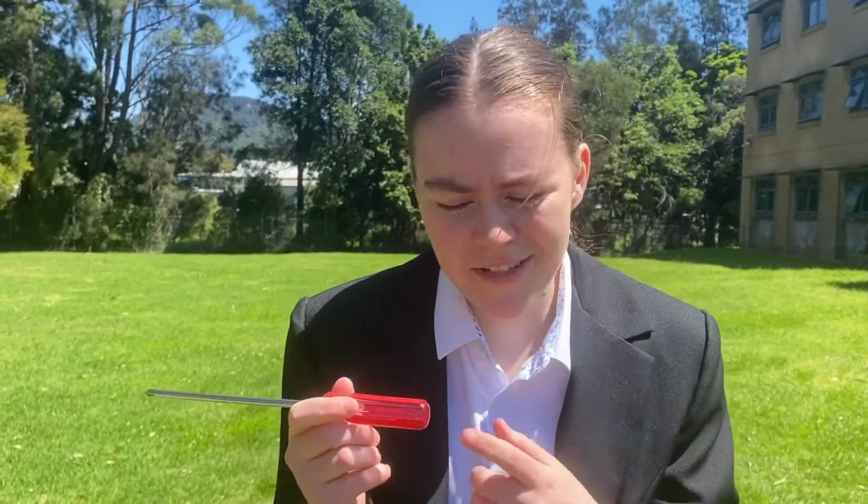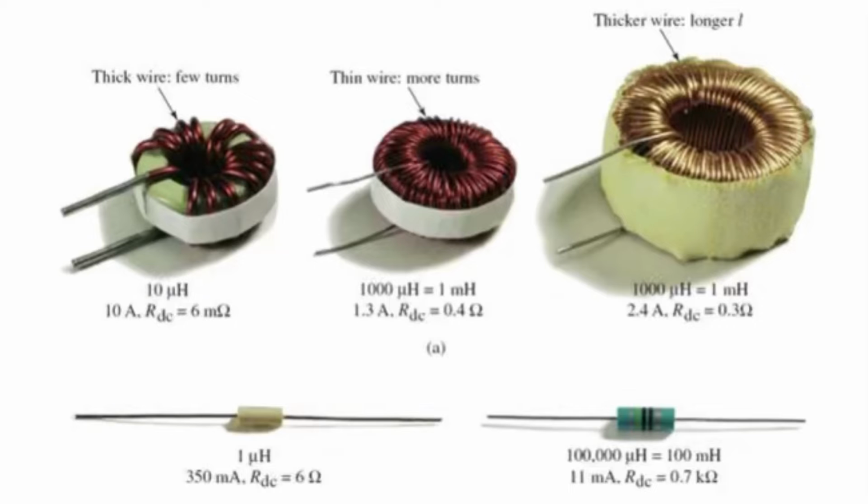What are they and why are they used in the majority of electrical circuits we have today? An inductor physically doesn't look like this. It looks a bit like this. An inductor, as depicted here, is made up of a coil of wire which can vary in thickness of wire